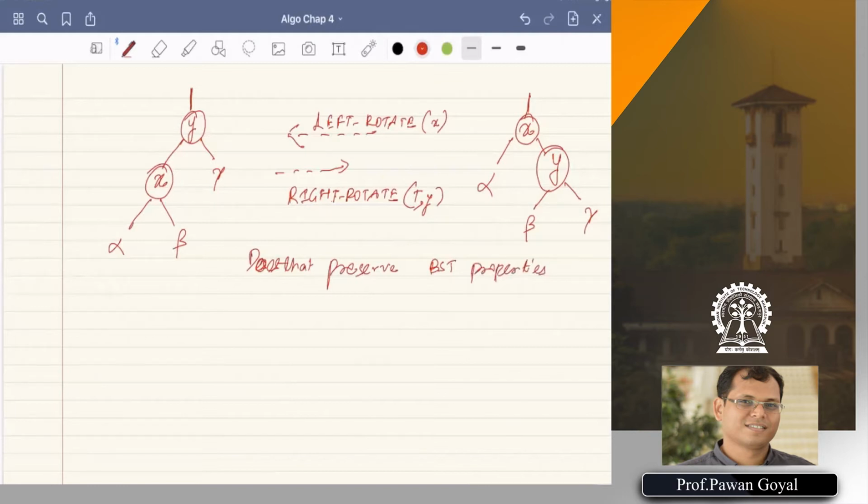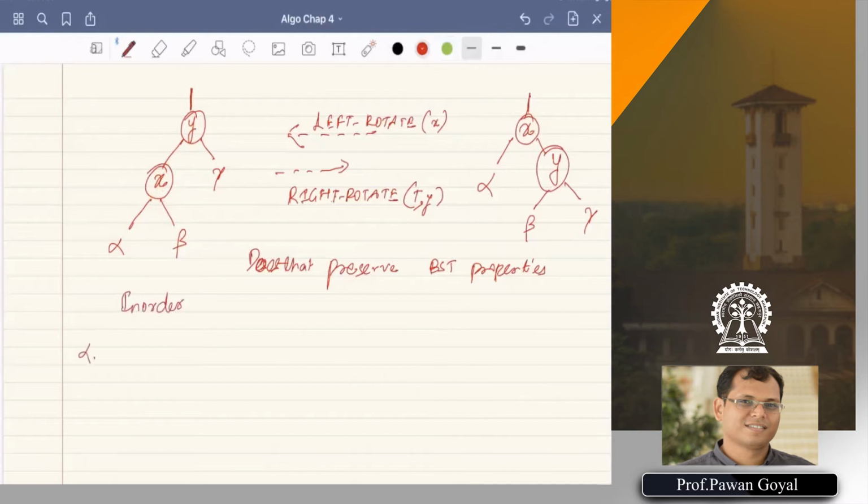How do I put the keys in this tree in a sorted order? I can do an in order traversal. In order traversal, what is that? Left, root, and right. Left, again left, root, right. So I can put the in order traversal.